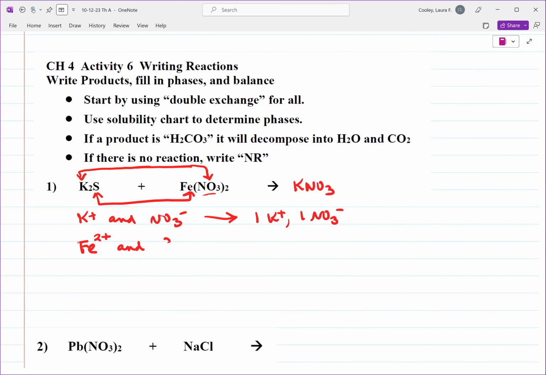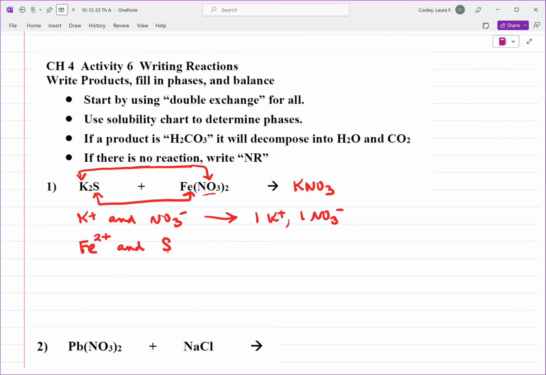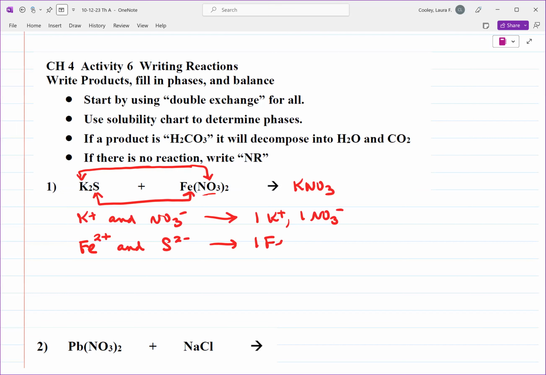And sulfide. What's the charge on a sulfide? 2 minus. So what is that going to be? So that's going to be